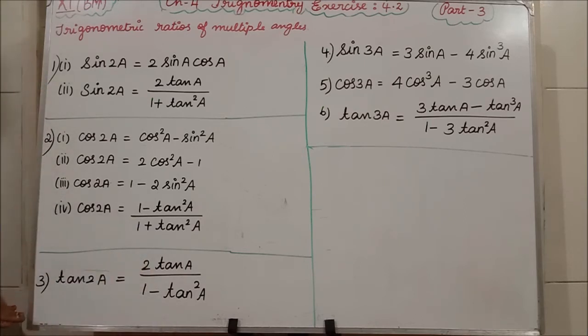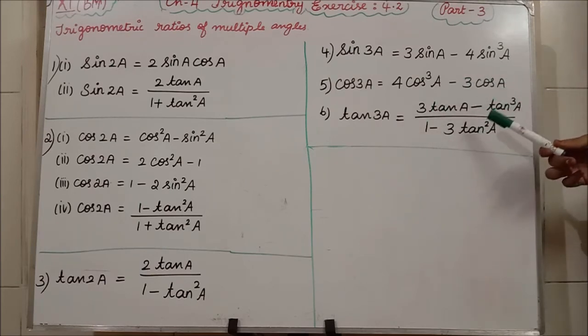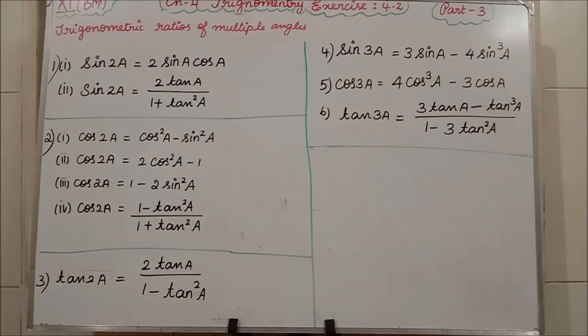Clear? Likewise, after 2a we are having the formulas for sin 3a, cos 3a and tan 3a also. Okay, sin 3a means 3 sin a minus 4 sin cube a. Cos 3a means 4 cos cube a minus 3 cos a. Tan 3a is nothing but 3 tan a minus tan cube a divided by 1 minus 3 tan square a. Students, in your book they have not given the derivation, so you have to just learn the formulas by heart. Clear? From the 9th question onwards we will be using these formulas. Clear, students, all of you?